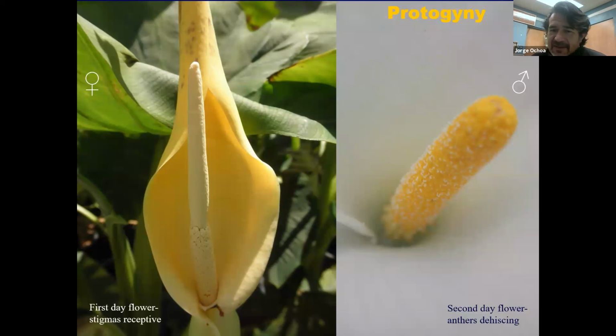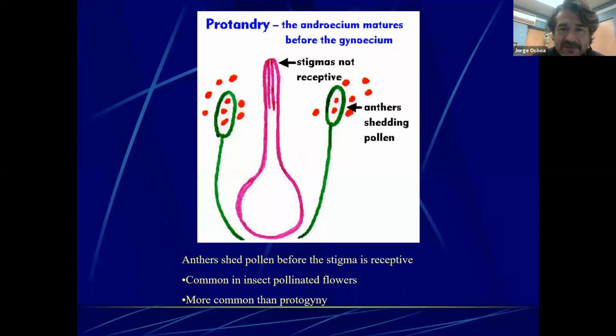And so we have the more common example of the plant known as the calla lily. And so we see on the left side, on the first day, we have the female flowers that are going to be towards the bottom that are going to be receptive. They're going to take the pollen during this stage. And on the second day, the female components will be turned off, so no longer accepting the pollen. Now the male flowers that are going to be the top portion of this column are going to release the pollen, and the pollen will go to a different flower. So that ensures that it's not going to self, or prevents the selfing.